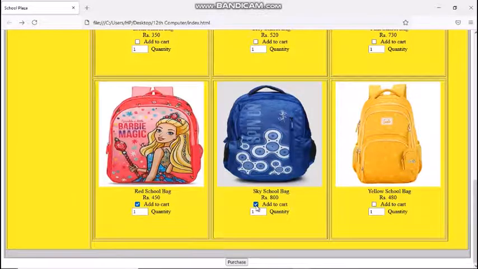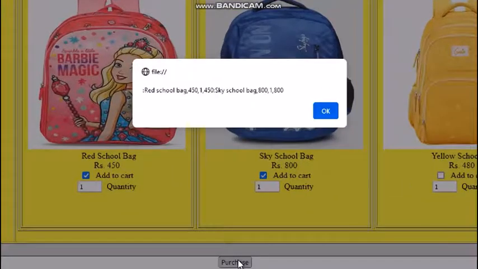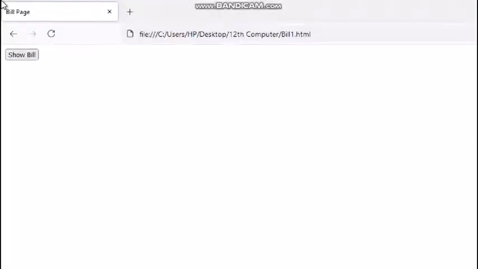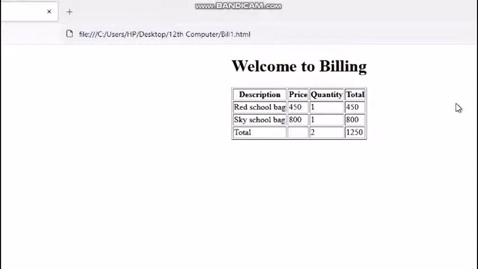Here I have opened the default browser as Mozilla Firefox. Now if any product is selected, meaning added to the cart, then only it goes to the billing part. Purchase. Say OK. Show bill. So this is the billing part.